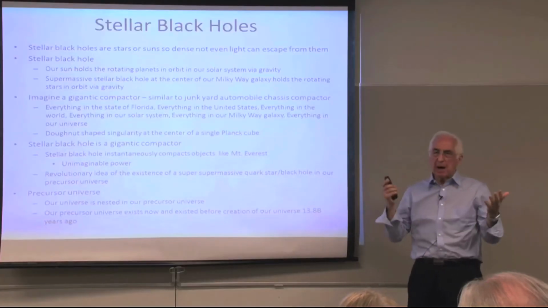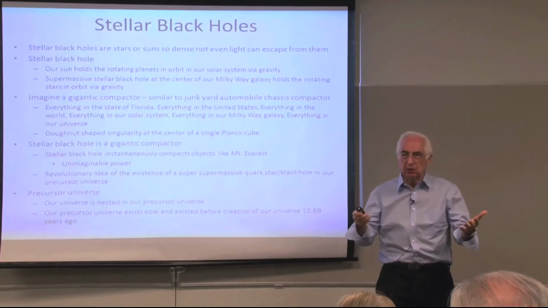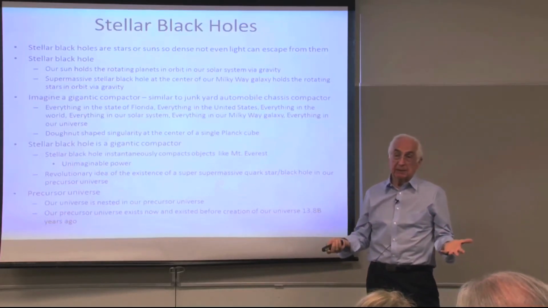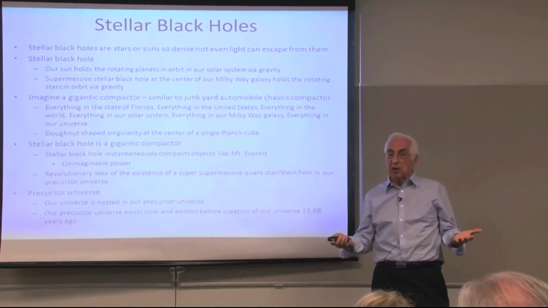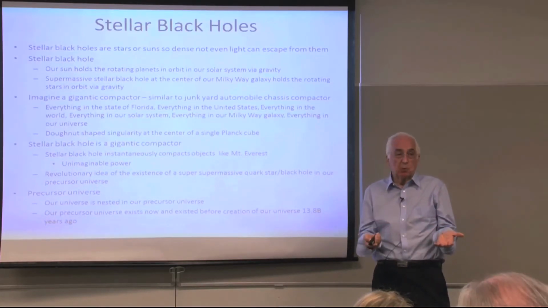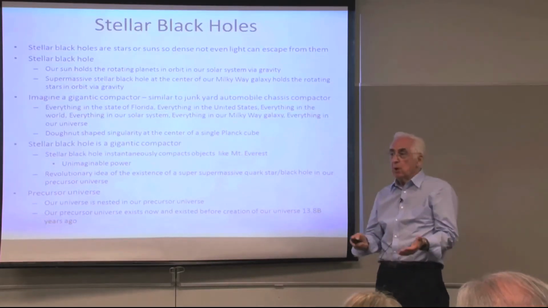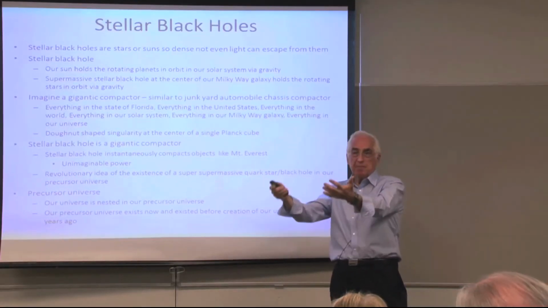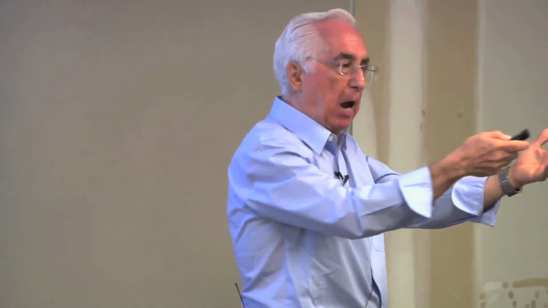The gigantic compactor is a stellar black hole, and it can take any object, no matter how large, and squeeze it down to a very small volume. So if we went over to the enormous Mount Everest and we picked up the mountain and we carried it over and dropped it into a stellar black hole,